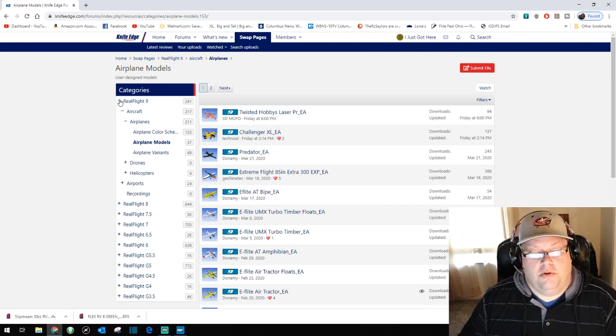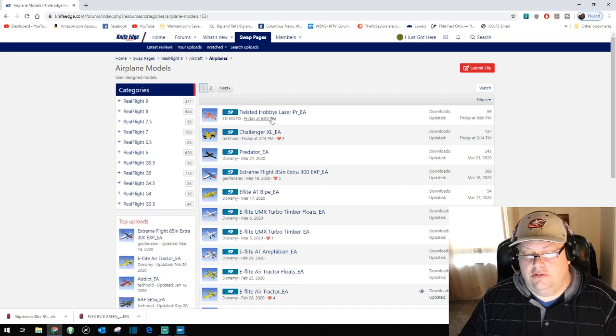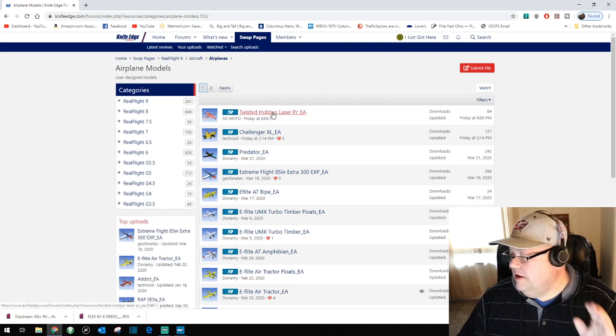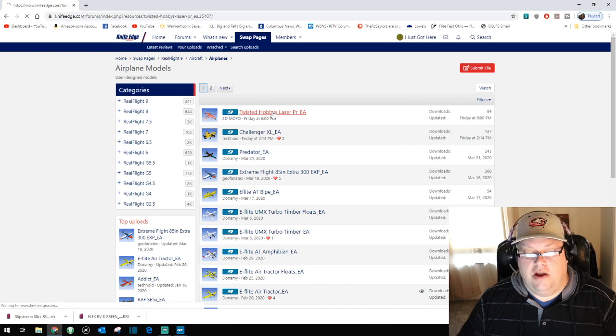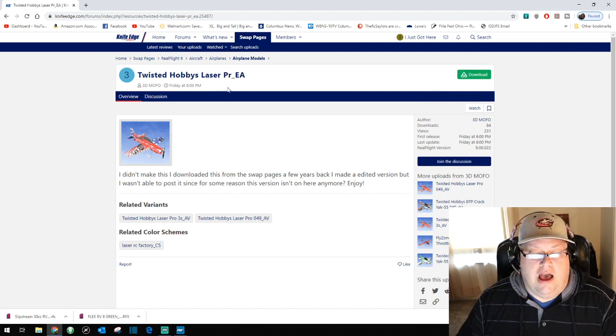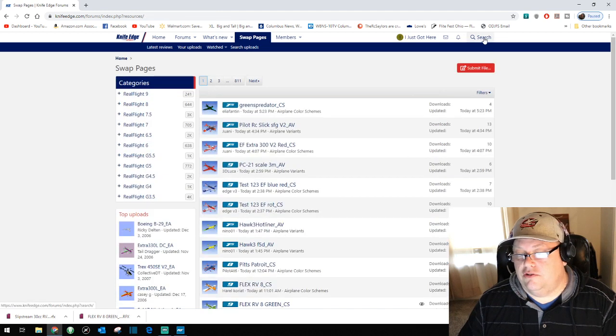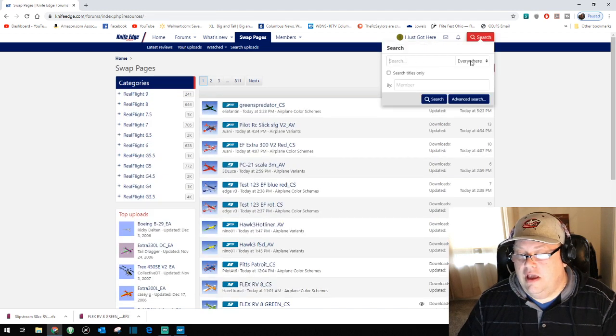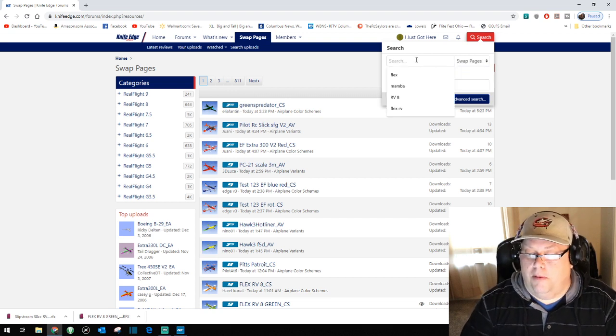Now, after you've got your account set up, you find one of these you want, you would go here, and then there's this download button. You download it. But I want to download a Big Mamba by Flex Innovation. So let's start over and do a search. I only want to swap page search, and I'm going to look for Mamba